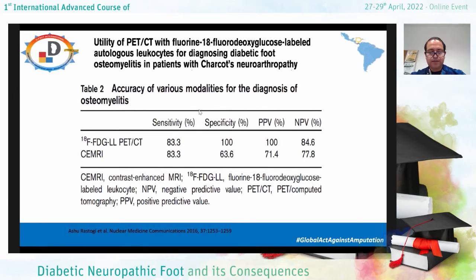This table shows how the specificity and positive predictive value reached 70%, and unfortunately